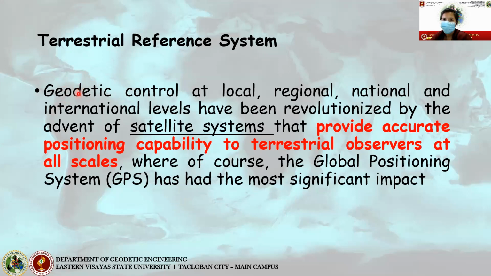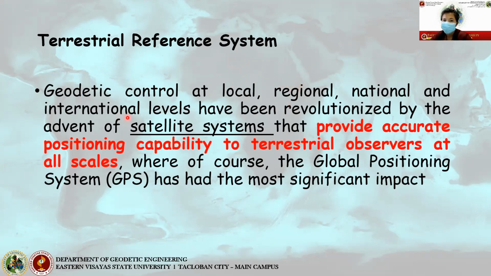So in geometric geodesy, we do not declare that the Earth is flat. We declare that the Earth is the shape of a geoid, and we need to consider the curvature of the Earth. So geodetic controls are those monuments established locally, for example here in our area, and at regional, national,